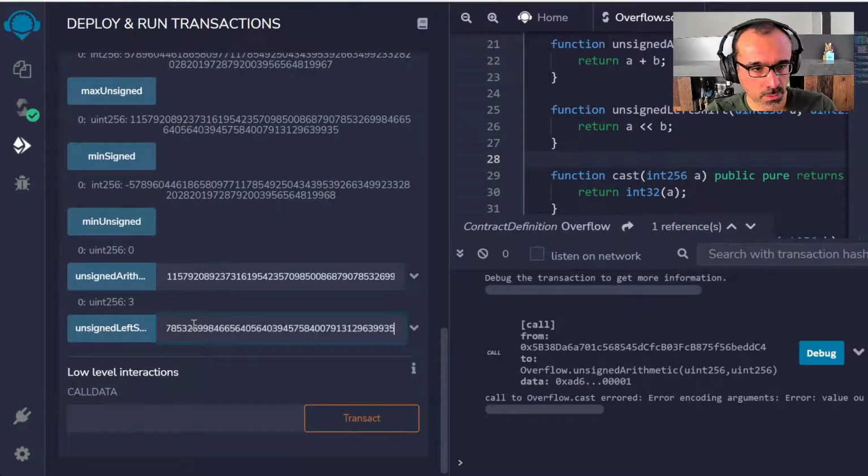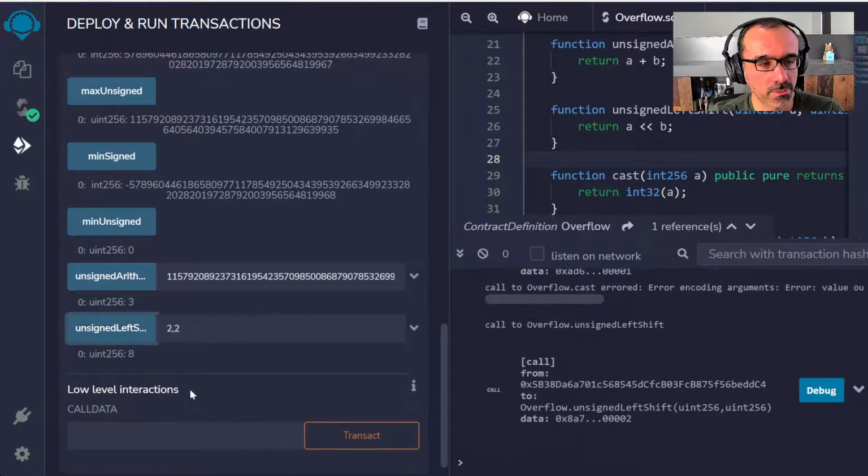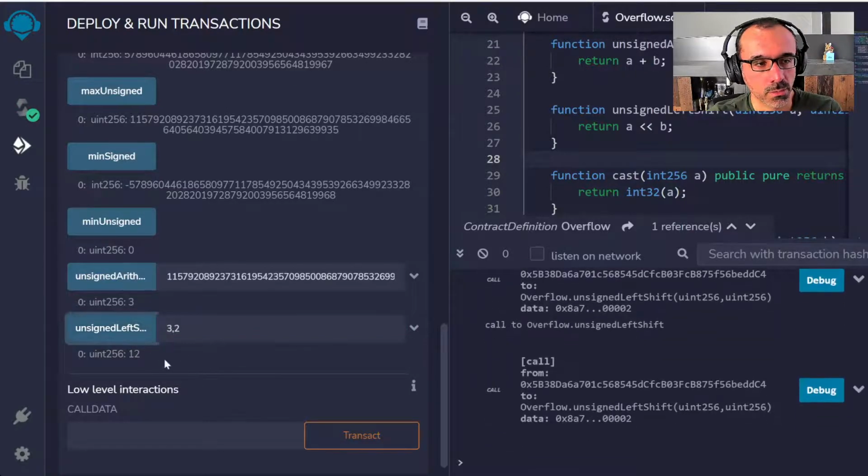Sorry, the left shift. Left shift effectively is, if I left shift 2 for 2 times, this is equivalent to 2 multiplied by 2 to the power 2, so 2 multiplied by 4. Or for example, 3 left shifted twice should give me 12, which is 3 multiplied by 2 to the power 2, so 3 multiplies 4 is 12.